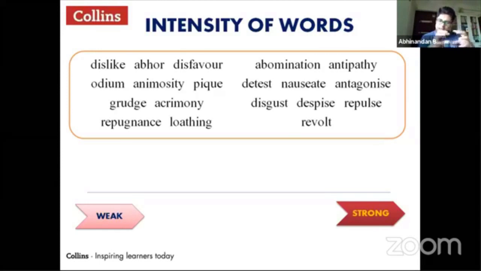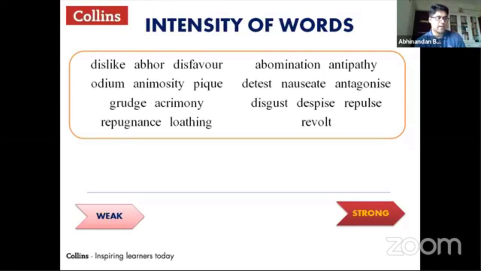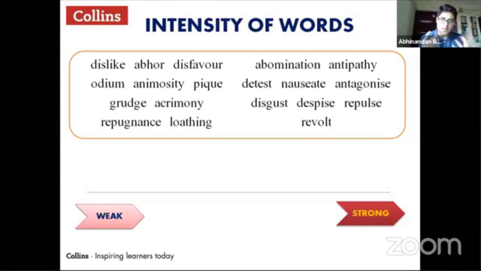So the moment they pick up these words, and you can do this activity with any sort of words. We can use positive words like love. We can use affection, or you can use words like meandered. You can use verbs as well. You can use abstract nouns and adjectives. So see, these are the words that they will eventually be trained to pick up from the exam paper. And this really works. So these are some of the strategies that you could use to develop the skill of